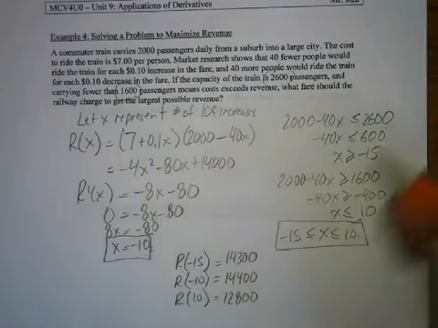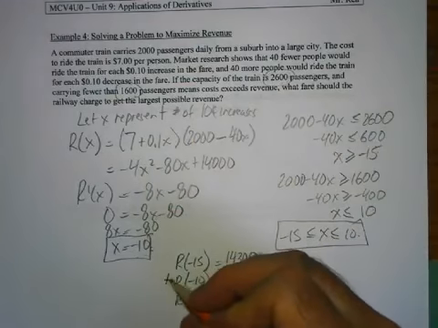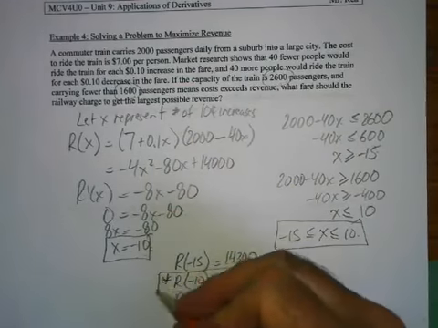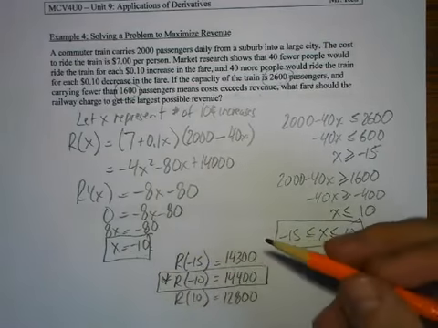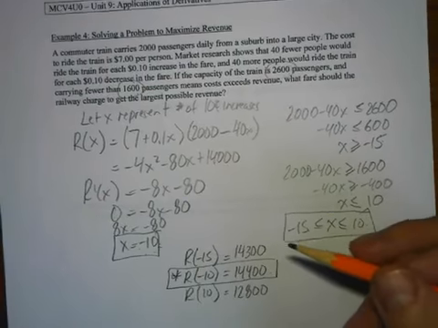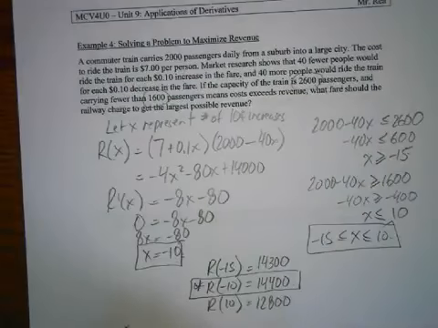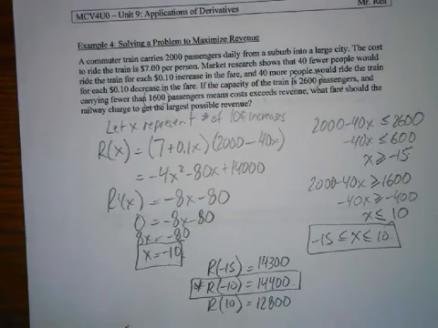Okay, so again, we're looking for a maximum revenue, largest possible. That is this value here, which happens when we have negative 10 price increases, which is the same as 10 price decreases. So it probably sounds better when you say 10 price decreases than negative 10 price increases. So let's do that. Let's flip it around.